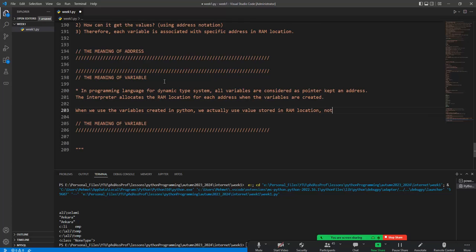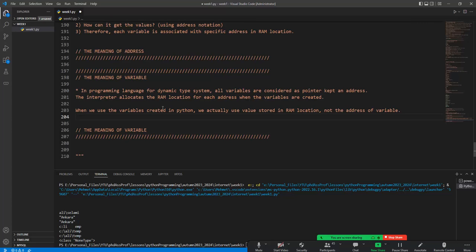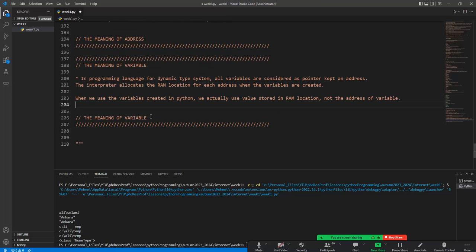Okay, not the address of variables, but in physical meaning we can only reach the address of these variables. But if I use A is equal to 5, then A is assigned to 5, and the print operation gives us the value of these things. And so every variable defined in Python programming language has a standard address. Okay,